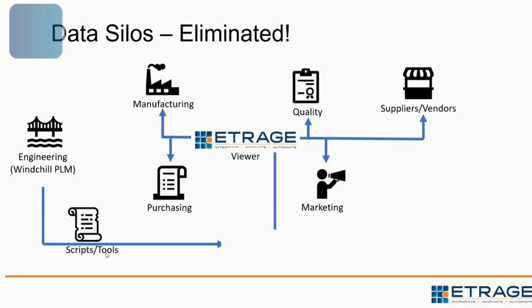We have a very small handful of customers who have homegrown scripts and tools over the years that have helped them pull out data from Windchill successfully, right? And so they feel like their Achilles heel is not so much in the proliferation of data out of Windchill, right? So they have scripts to do that, but they say when they do that, that data still lives on a network drive or a shared drive somewhere,